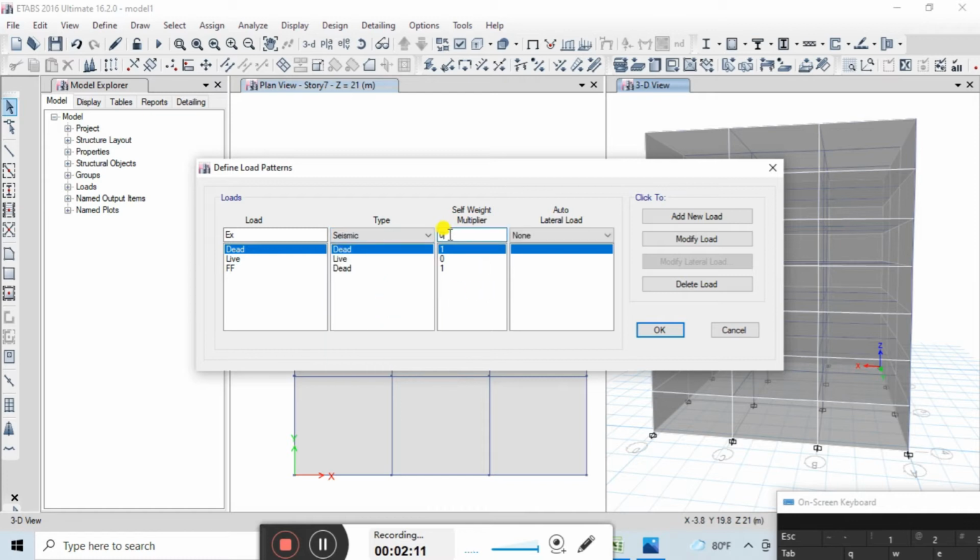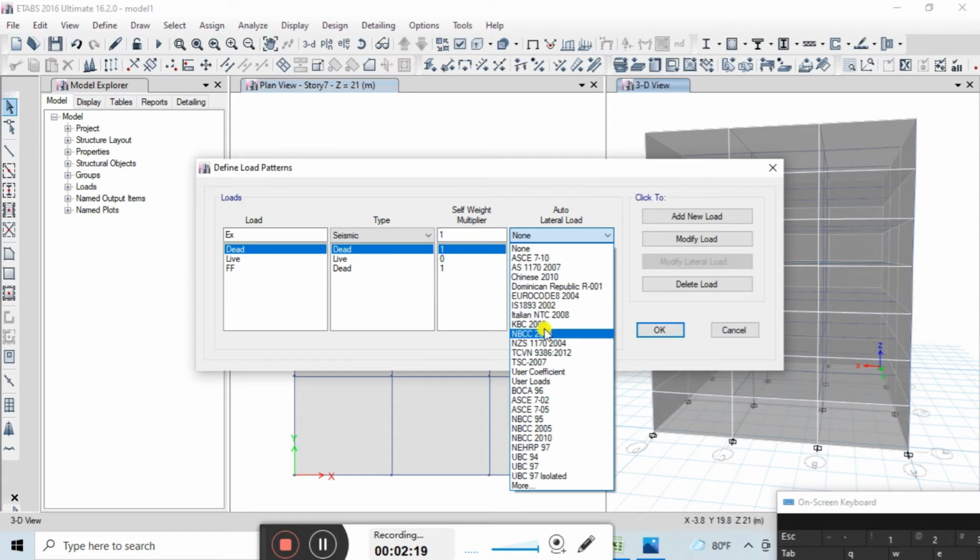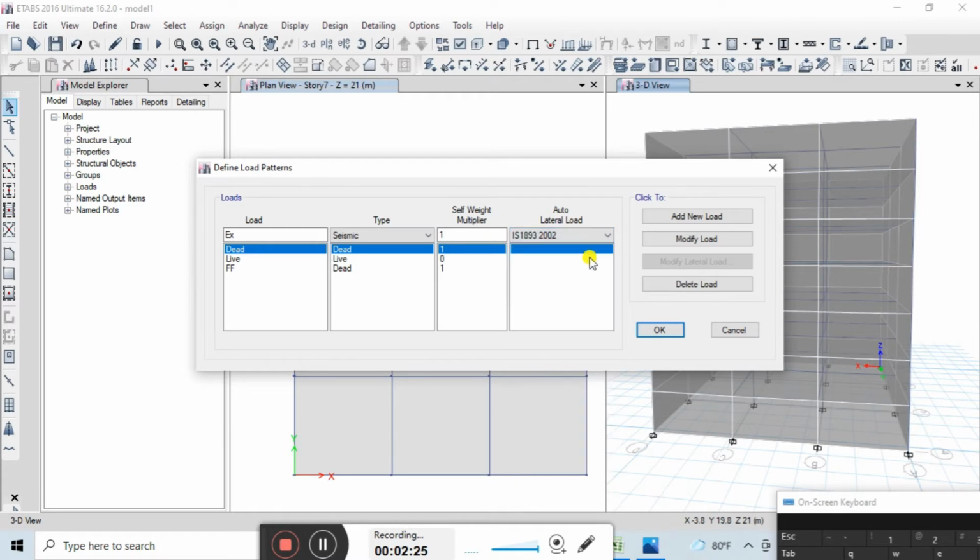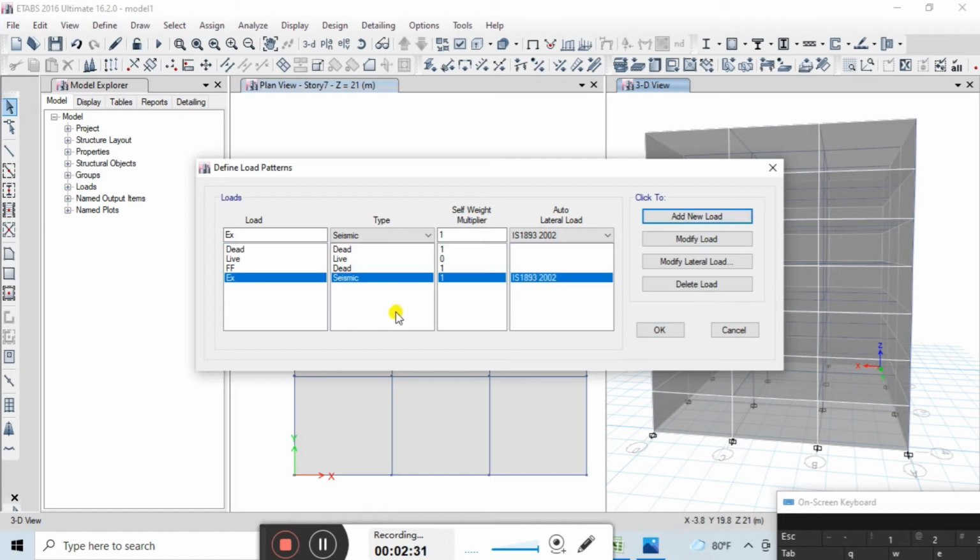The self weight multiplier we can choose as 1. This is nothing but the factor of safety. And under the auto lateral load, we can select IS1893, which is the code book for earthquake design of a structure. Then simply press add new load.